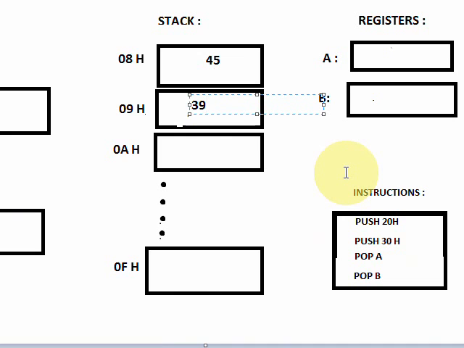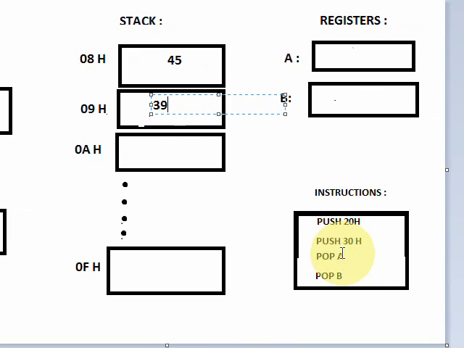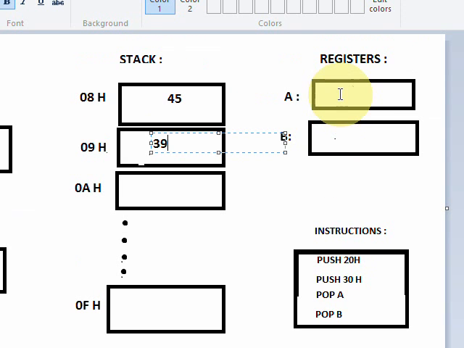Pop A will copy data from the stack's current location into the A register. So 39 will be copied from 09H to the A register. Pop does one thing more, it decrements the stack's current location.